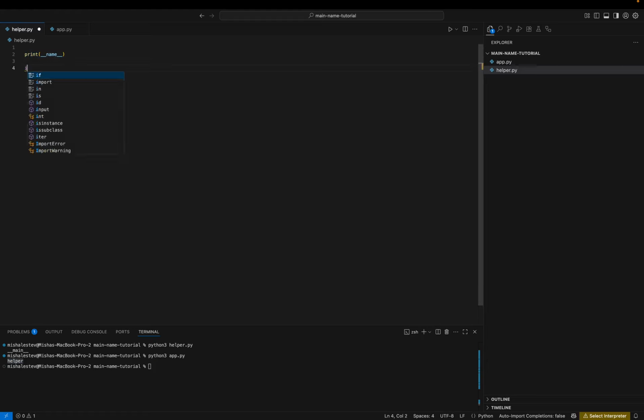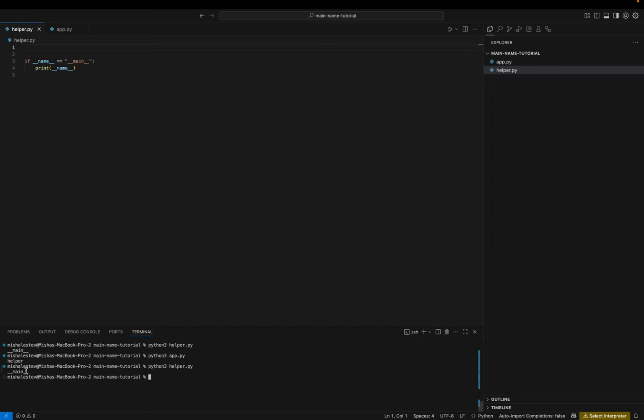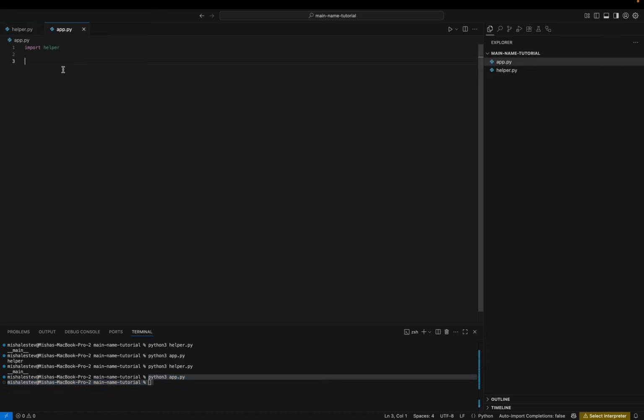if we say if dunder name is equal to dunder main expression and put this print statement within it and remove the print statement from here and save it. Now when I run helper, it still shows me dunder main output, but when I run it now from the app.py file, you may see that it doesn't show anything anymore, because it knows that the file that executed this script was not the file that contains this script, but rather it was a file that imported this script, and it